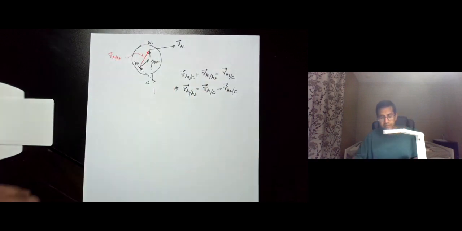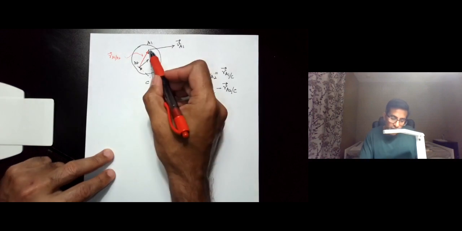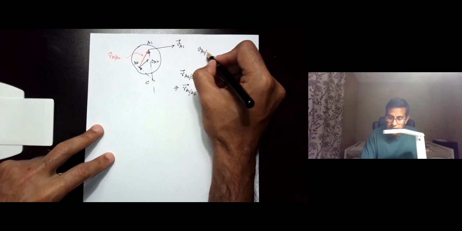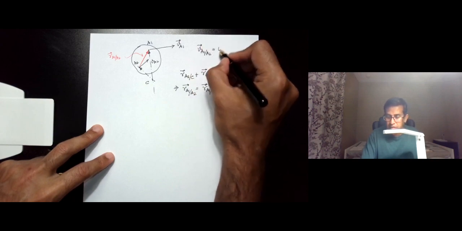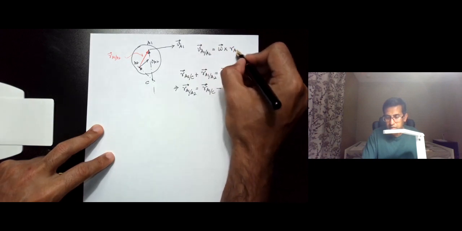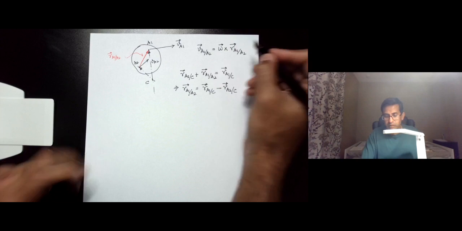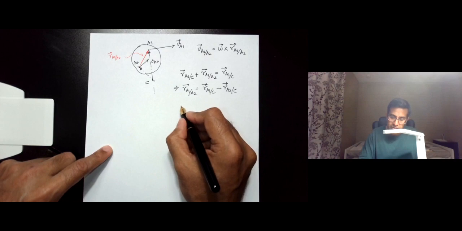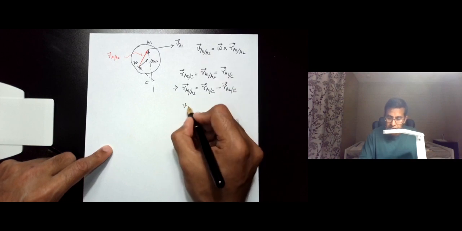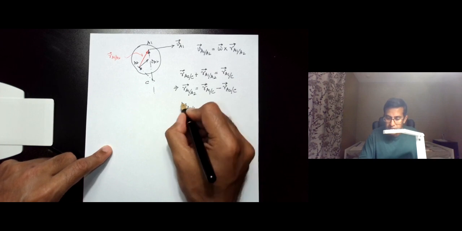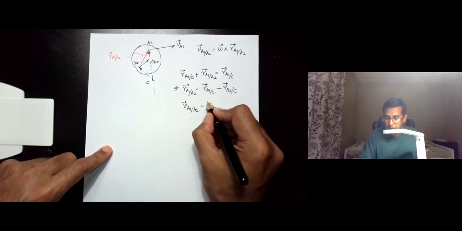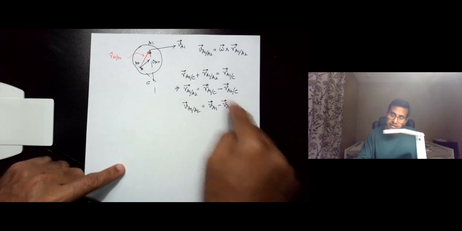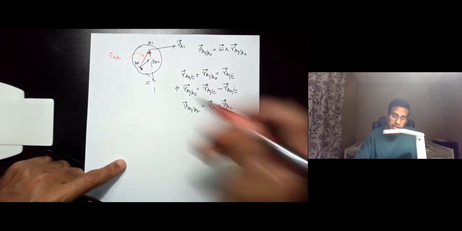And we know that the velocity of A1 with respect to A2 is equal to omega cross R A1 with respect to A2, which means that if you take the velocity, and by the way, the velocity of A1 with respect to A2 is the velocity of A1 minus the velocity of A2. And if you complete this velocity triangle, what you will see for a rigid body is